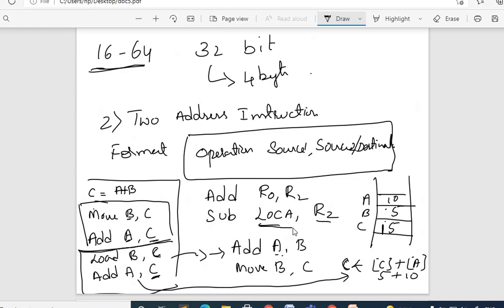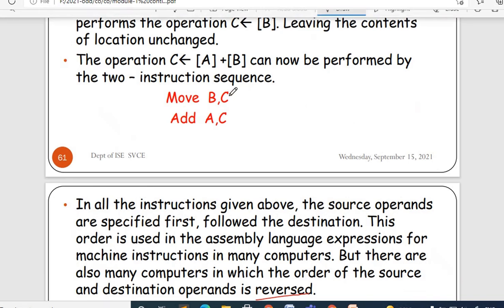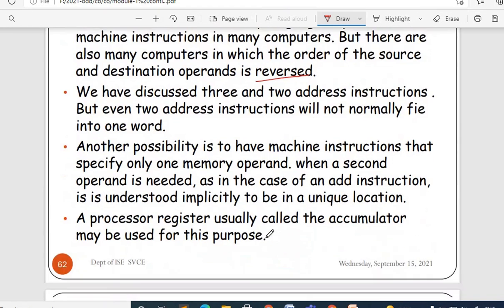The example processor we are discussing here is the Motorola processor. In this case, the first operand is the source and the second operand is the destination, where the final result is stored. It may be changed in other processors, where this operand may be the destination and this can be the source. But in this subject, always remember the first operand is the source and the second one is the destination.